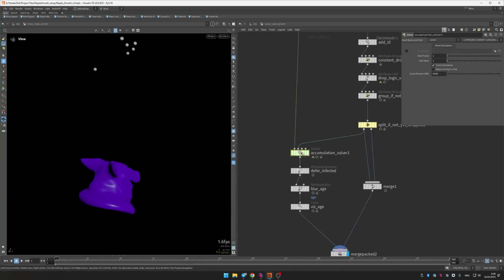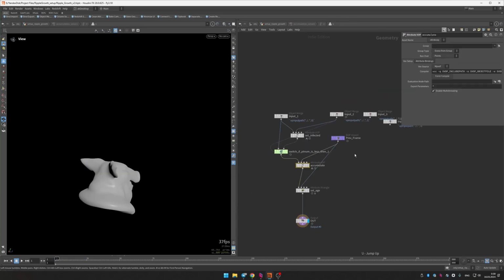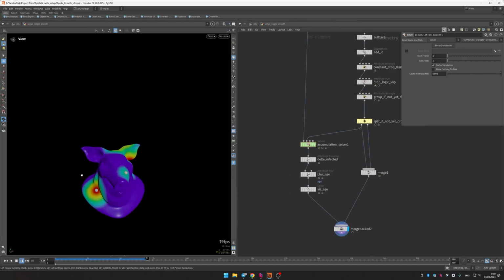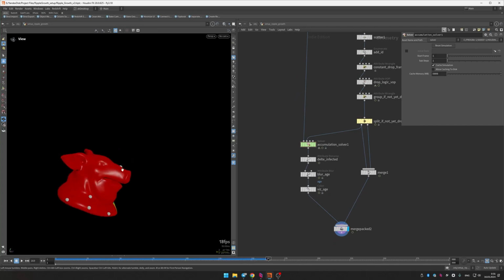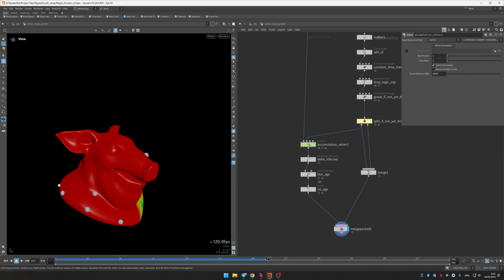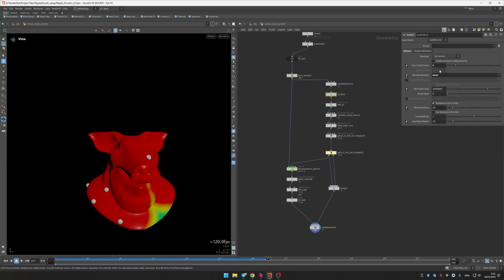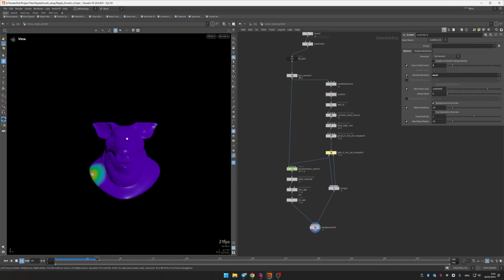Let's go back, and in the accumulate, this constant we're just going to use 1.2, so the growing would be a little bit slower. So yeah, this is basically it. You can see that those points still dropped, but they have nothing to grow because it's already grown. So of course you're going to have to find something more reasonable for this, because what I usually did was